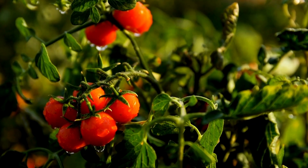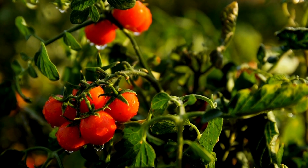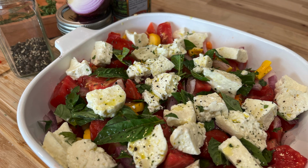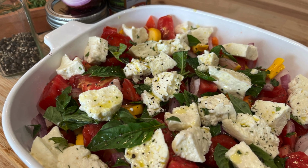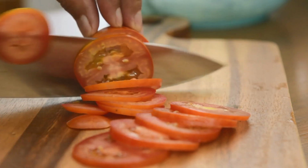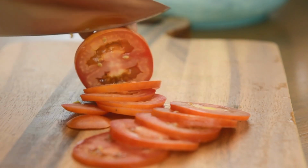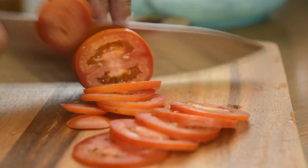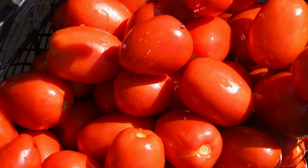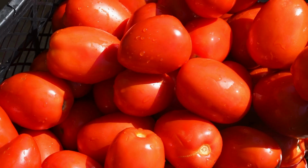Now, there are also other varieties of tomatoes that are used for different things. So you have your cherry tomatoes. You can take those. They're little balls of tomatoes. You throw them in a salad, caprese salad, any sort of salad. They're perfect, okay? Then you have your slicers, which are the big bulbous kind, and they're good for like BLTs, things like that. Then you have your